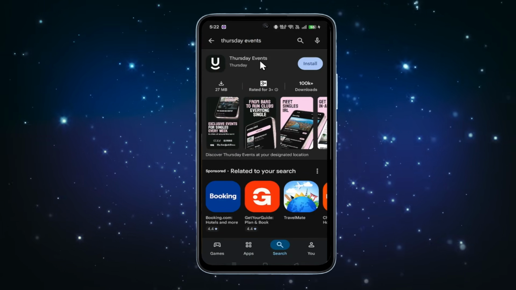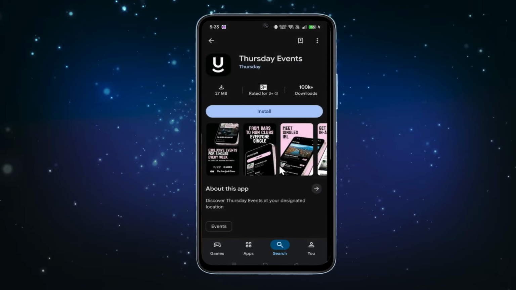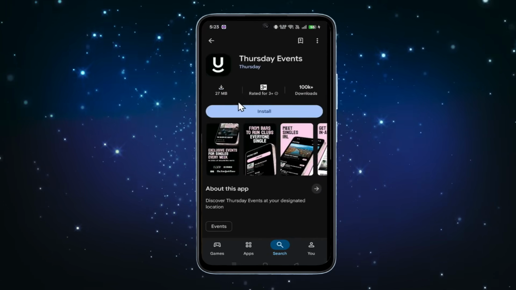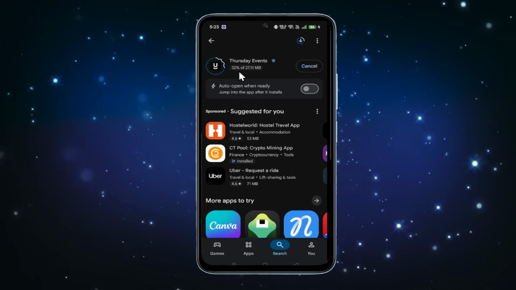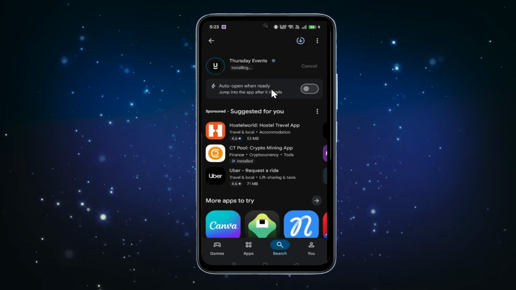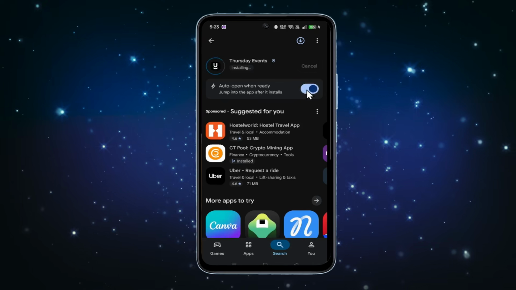Once you see the Thursday Events by the Thursday company, you can tap on this application and you may check out the various details about this app. And if you decide to install it, simply tap on Install. This will now begin downloading and installing the application on your device. You can tap on the Auto Open toggle if you wish to automatically launch the application once the installation is